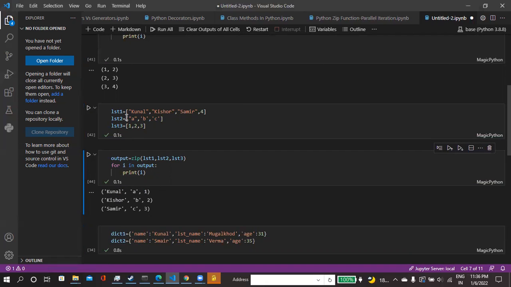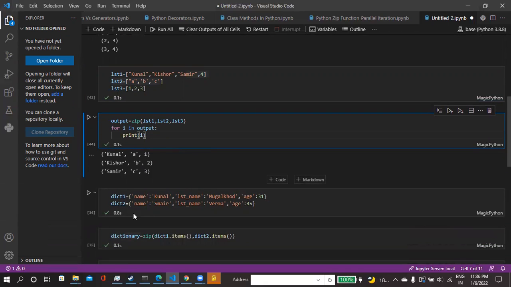This first tuple is made up of the zeroth index of all three lists. Then the second element is the first index of all the lists, and the third element is the second index of all the lists. In that way, it is zipped together and creates a new list of tuples.